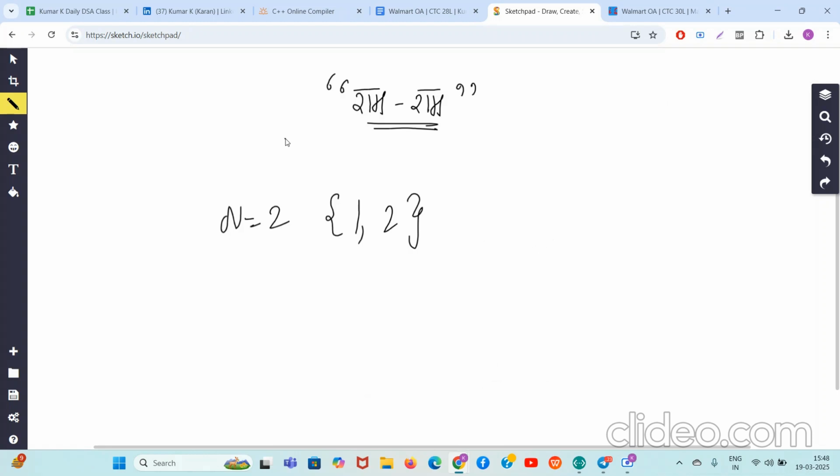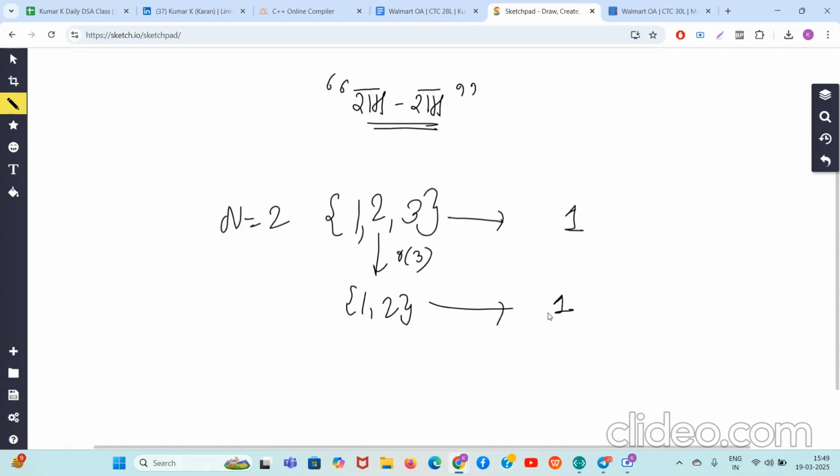Now, this thing is clear. What will you do for 1, 2, 3? Well, you can come up with a lame solution that first the GCD is 1, then I will remove 3. If you remove 3, what is going to happen? It will be like 1 comma 2. The GCD will again be 1. Then you will remove 2, and the sequence will look like 1, and the GCD will still be 1. So 1, 1, 1 is one possible answer.